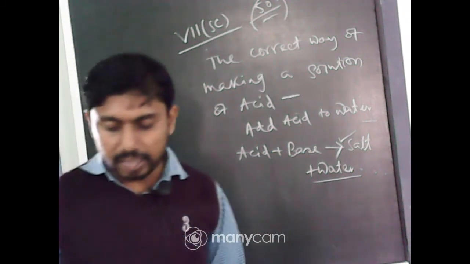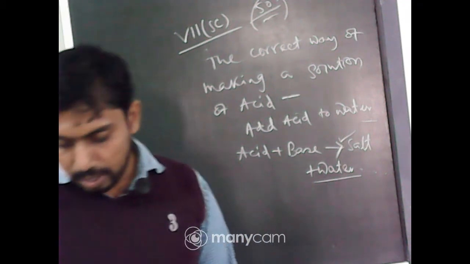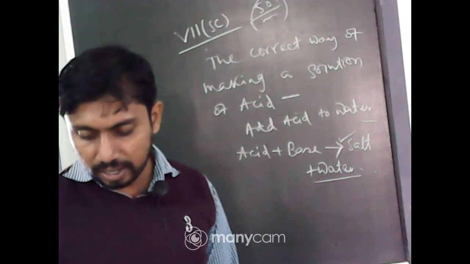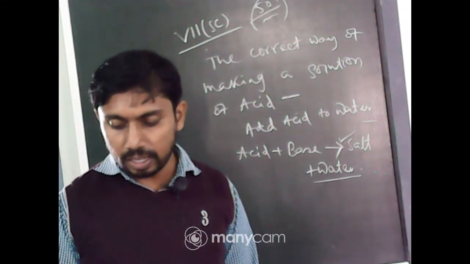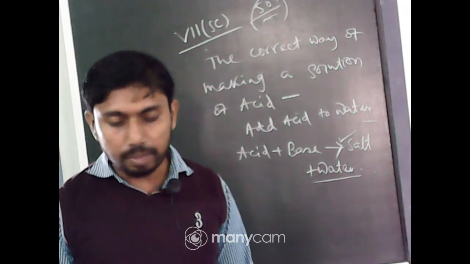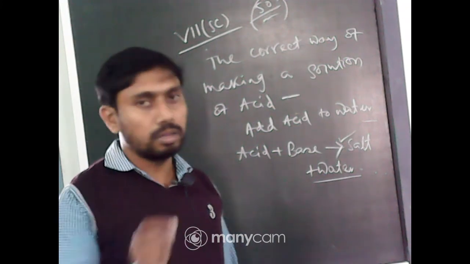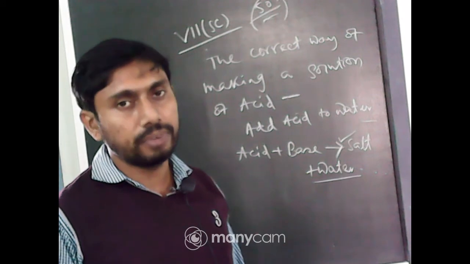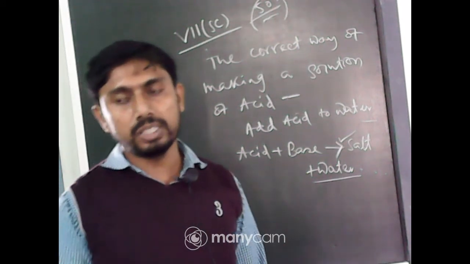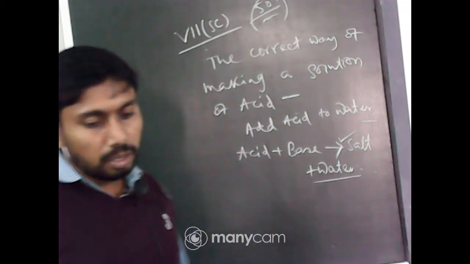Turmeric is a natural indicator. On adding its paste to an acid and a base separately, which color would you observe? So, turmeric is a natural indicator. If you mix turmeric with acidic and basic solution separately, then what will you see, in which case it will show the change of color and in which case it will be the same.